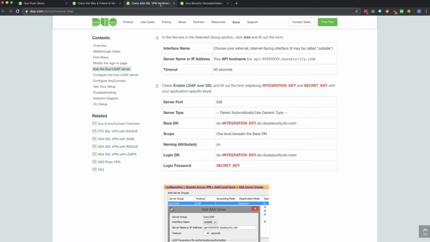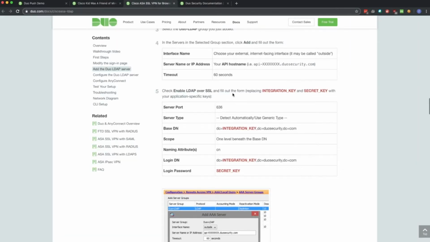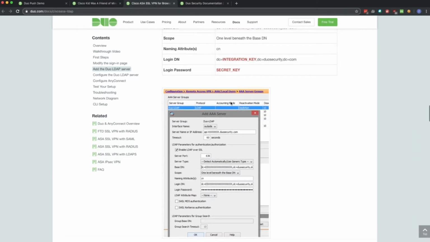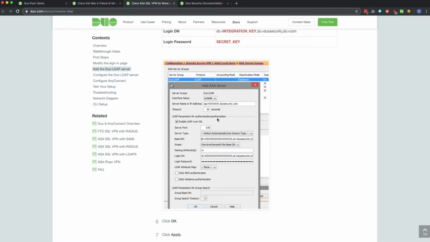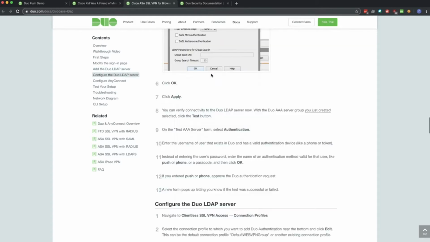In the case of ASA hardware, it supports a custom secondary sign-in page. So we give you that sign-in page as a download, and then you go through, and in the configuration for those server groups where you'll add that secondary sign-in page, you're going to add these integration keys.